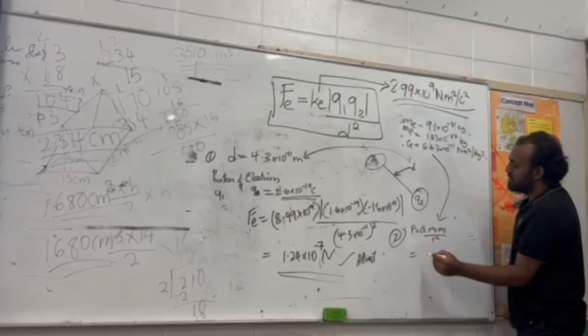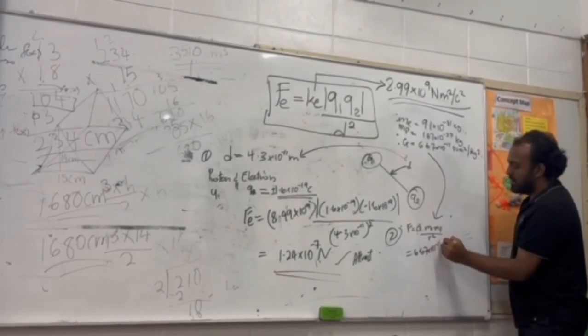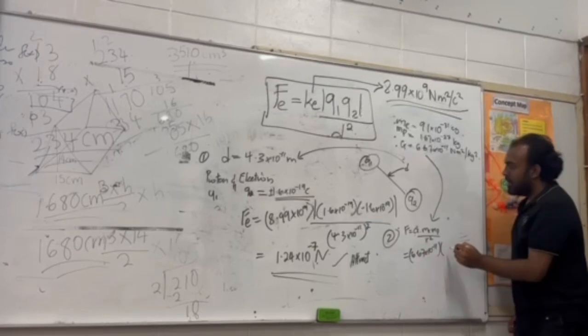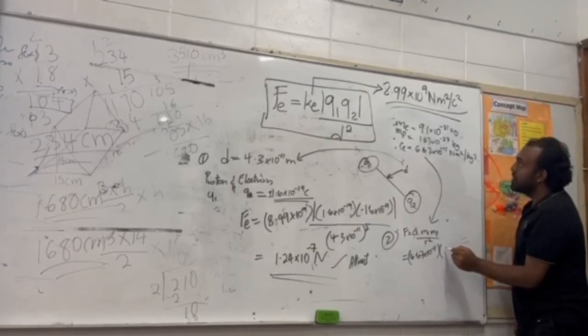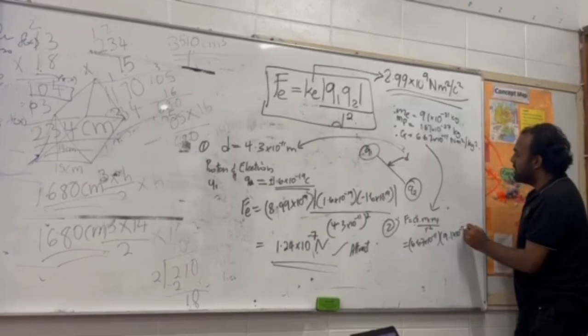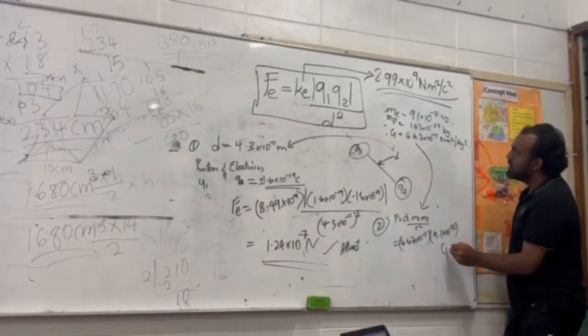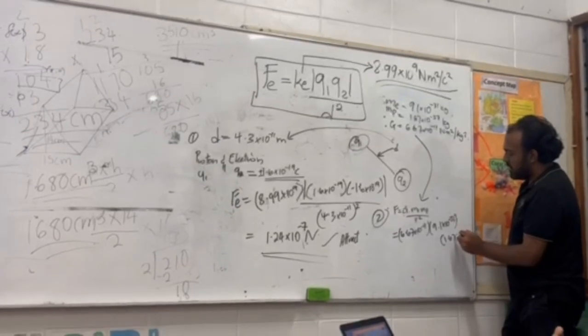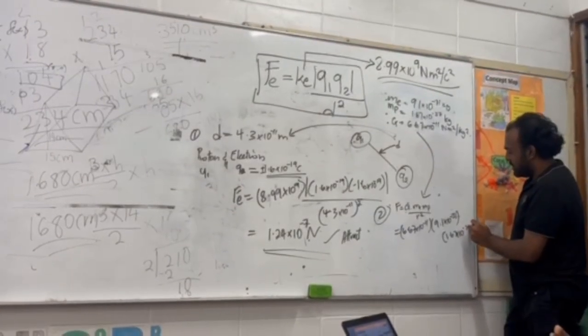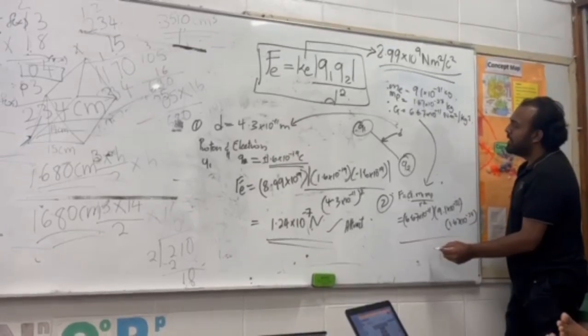G is 6.67 times 10 to the power of -11. Your mass of electron is 9.1 times 10 to the power of -31, and your mass of proton is 1.67 times 10 to the power of -27, divided by